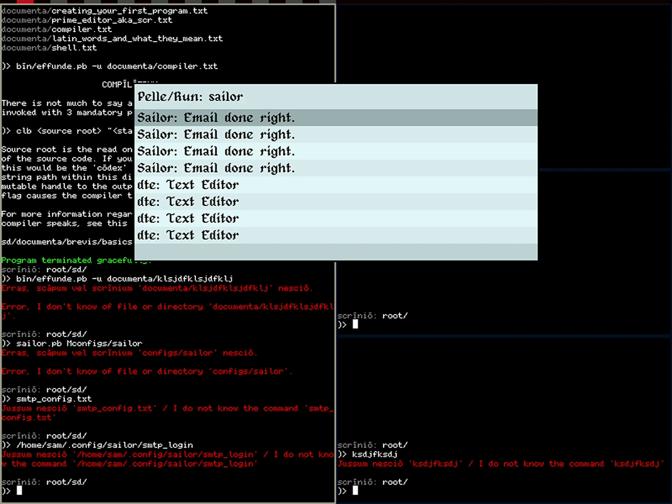So, I could start composing an email on one machine, save the draft, copy the executable and the config file to another Serenum device, start the email program, finish writing the email, and then send it. And then when it syncs with the internet, that email gets sent. It's just such a